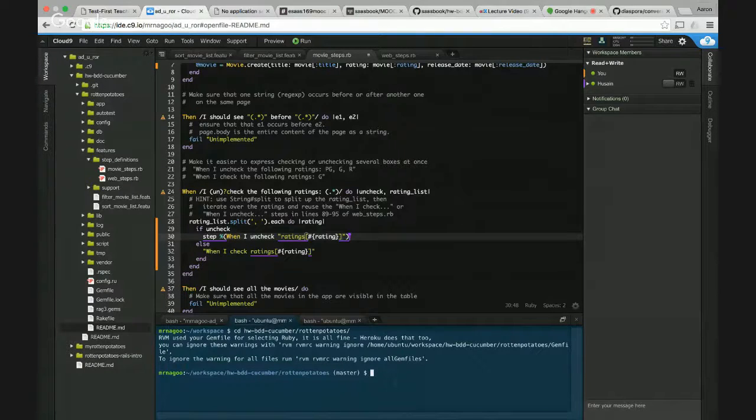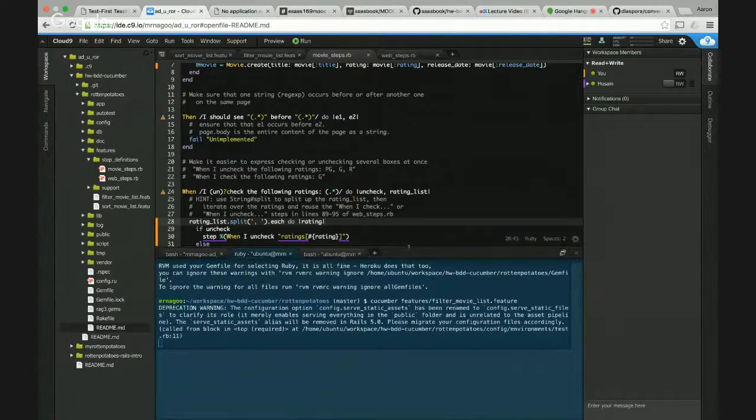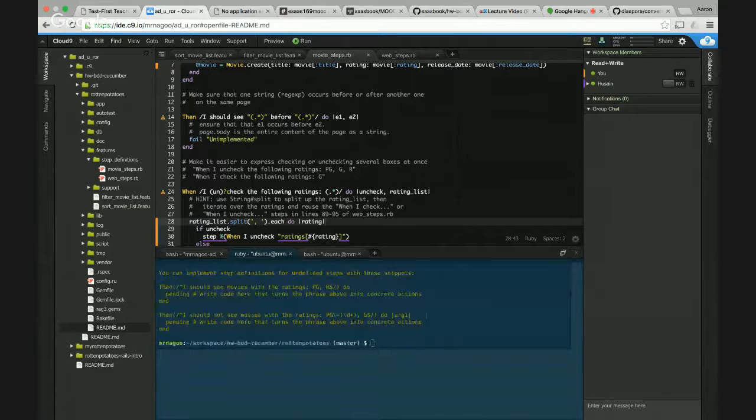Here, let's save this, and I'll run cucumber features, and then we'll do filter movie list. Tab. Yeah. Cool. Okay, so